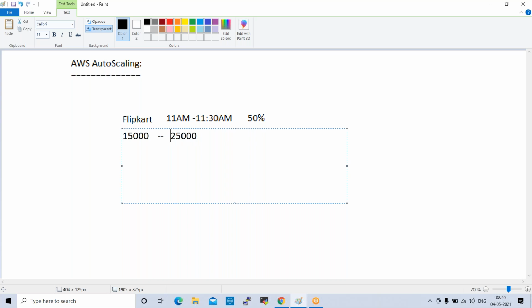In your channel, it will go down. The site will not be open. So no one will get the offers, because they expected 15,000 users, but the actual turnout is 25,000 users. By that time the site will not be open, because requests will increase, inbound traffic to the Flipkart servers will increase. So the site will not be open, right?